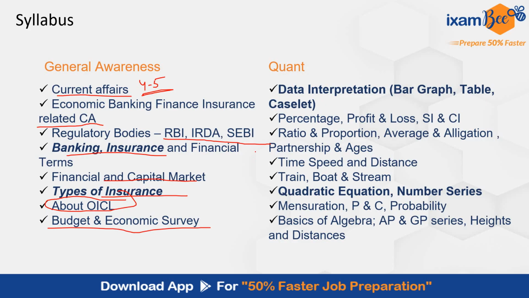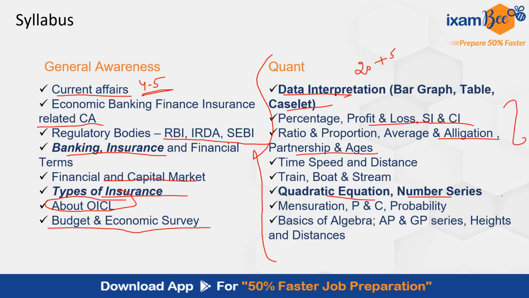Then in quantitative aptitude, these are the areas from which you can expect questions. There are total 40 questions. Out of 40, the major portion will be devoted to quadratic equation, number series, data interpretation, DI, and case-like DI. From these 4 areas, you can expect somewhere 20 questions, even up to 25. So you must thoroughly prepare these 4 topics. Then you can have another 5 to 7 questions from approximation and simplification. The remaining 10 to 15 questions will be from arithmetic areas like profit loss, simple interest, compound interest, allegation, partnership, ages.